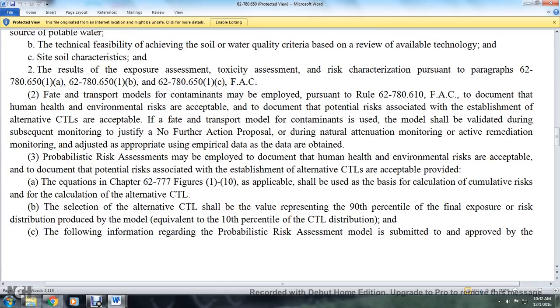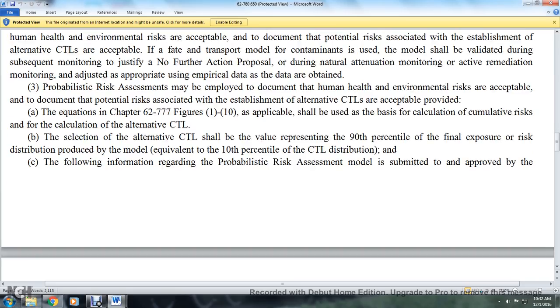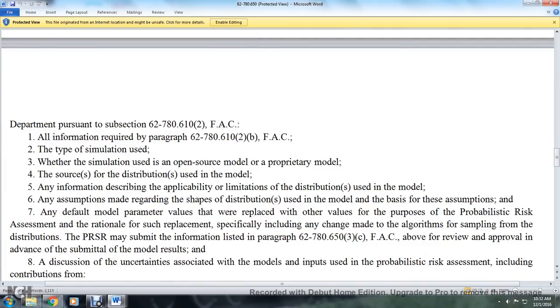The following information regarding the probabilistic risk assessment model submitted and approved by the department pursuant to subsection 62-780.610, Florida Administrative Code: all information required for paragraph 62-780.610(2)(b) of the Florida Administrative Code, the type of simulation used, whether the model is open source or proprietary, the source of the distribution used in the model, and the information describing the applicability, limitations, and distributions used in the model, the assumptions made regarding the shape of the distribution